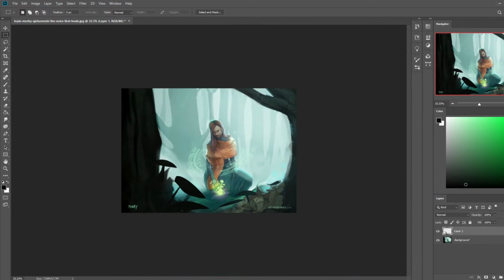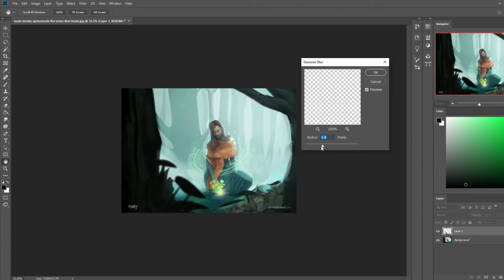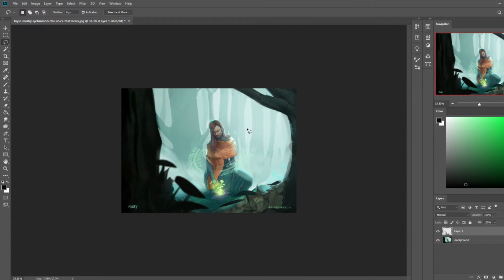So this one will be a little bit more blurred. Filter, blur. But your staging here is wonderful. I love where she is in the relief. Definitely beautiful job establishing her as a focal point. I might try to burn some of her values back to where you had them before.